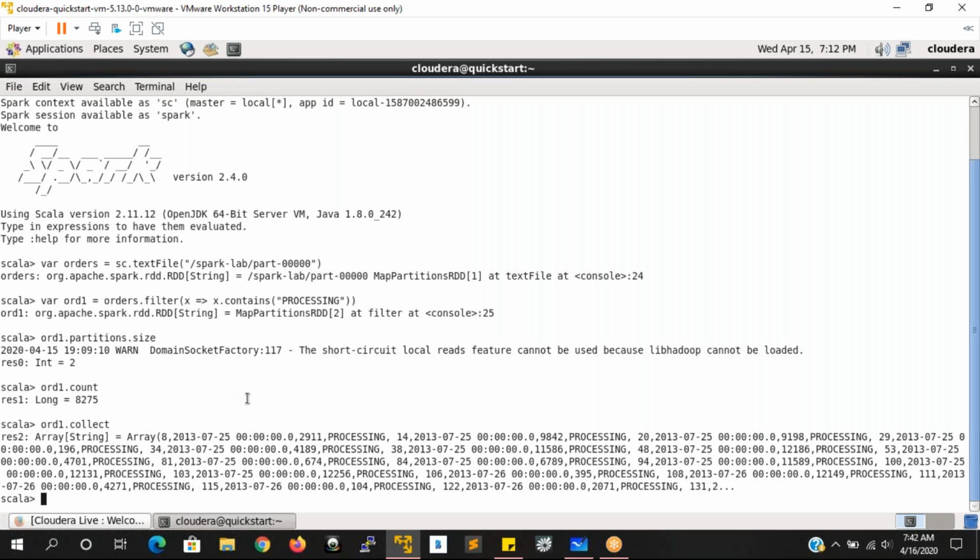But when I say the collect action, it is going to collect all the partitions of the RDD and give the data to your driver program. Only from the driver program, on the client machine, are we able to know what exactly the RDD is transformed into.